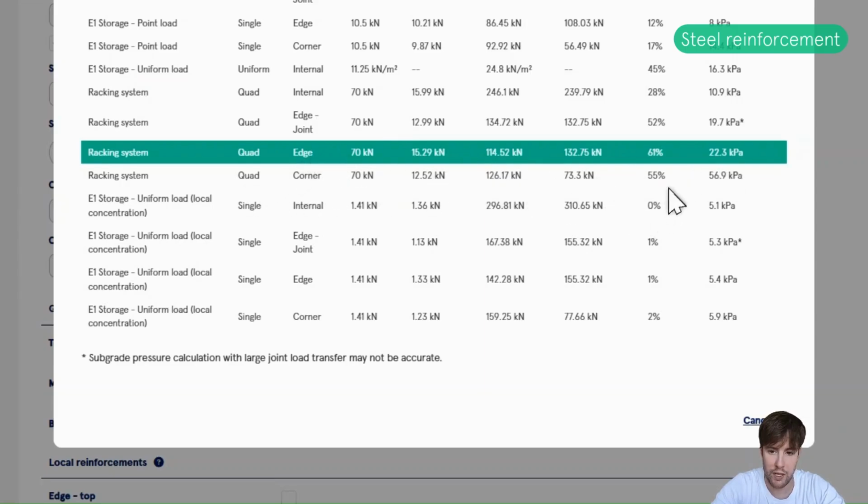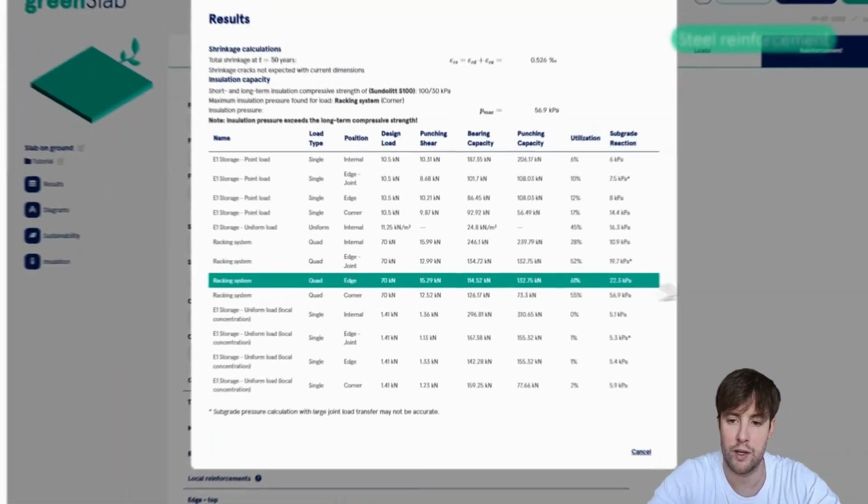Actually now, since we added so much steel in the corner, it's actually the edge part of the slab highlighted here with green that has the highest utilization. So the one we had here at the corner now actually only has a utilization ratio of 55%.